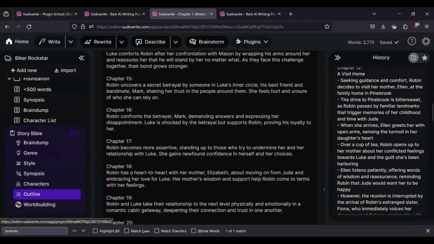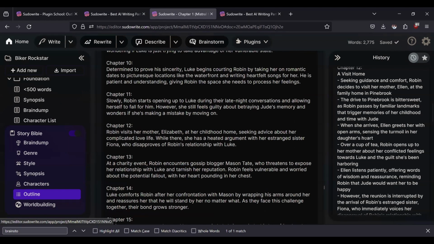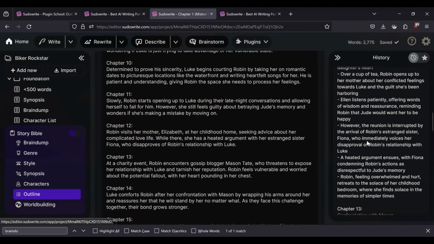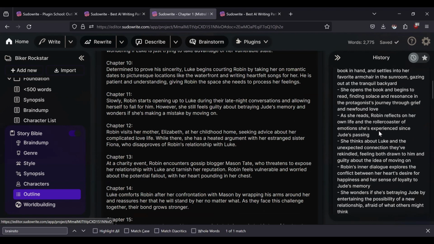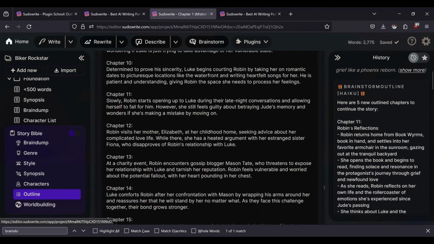But chapter 12 is where she visits home and talks to her mother, and her sister shows up and there's problems. So weirdly, it's just a weird glitch where it gave chapter 2 where it says it's chapter 11,